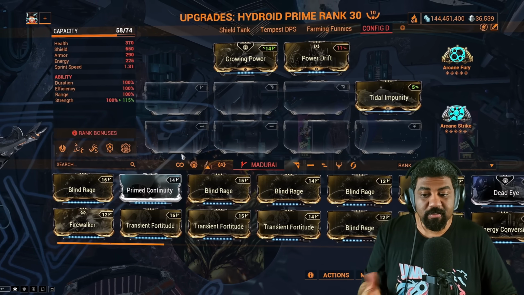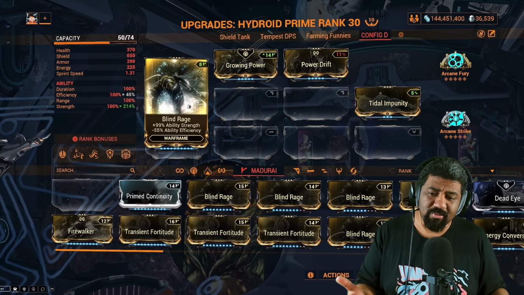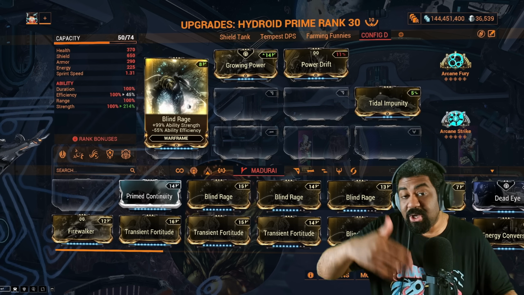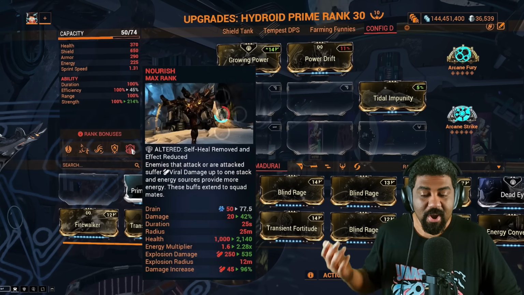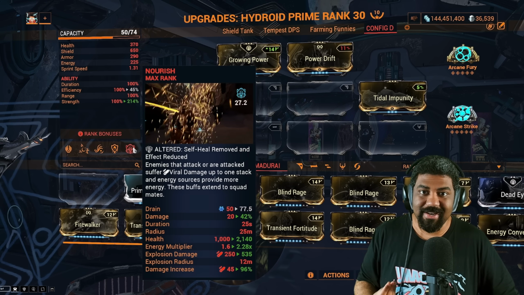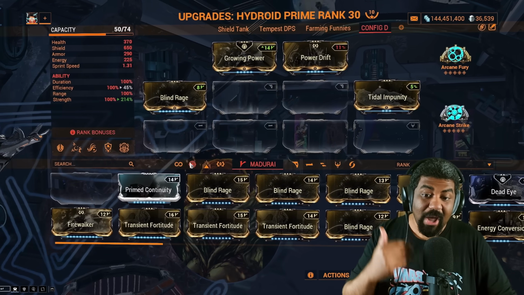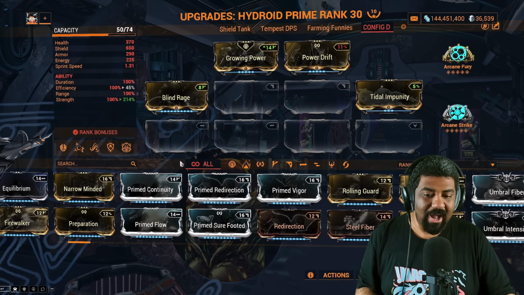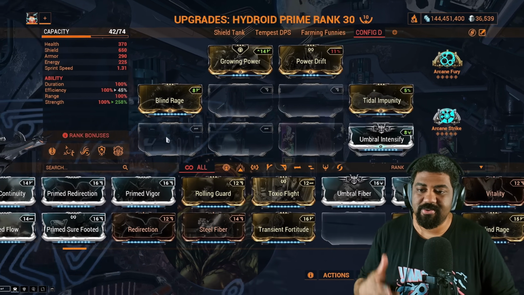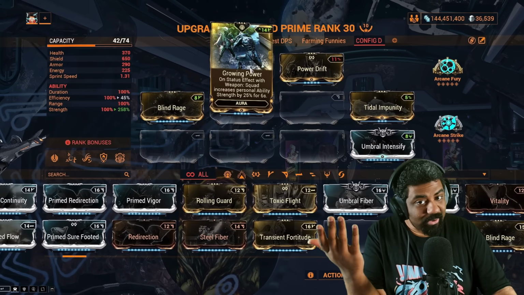Now, to continue off with the strength increase, I'll be putting Blind Rage. Blind Rage gives you 99% ability strength. It reduces your efficiency, but you don't have to worry about that because we have Nourish. Nourish is an energy multiplier. Any energy orb that you pick up or anything like that, you get more of it thanks to Nourish. Now, to add on to that strength just a bit more, I'll be running Umbral Intensify. This is 45% more strength,